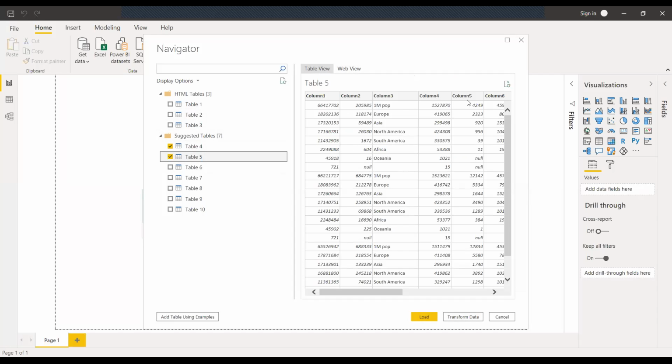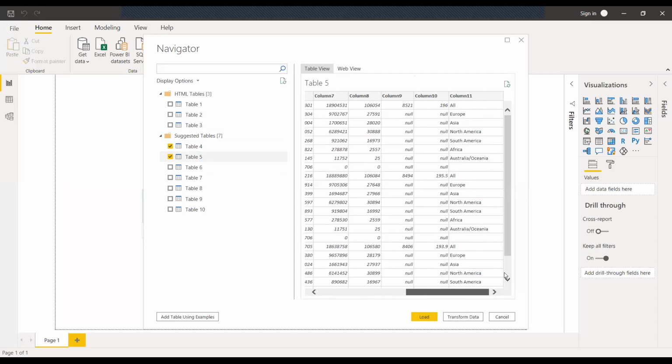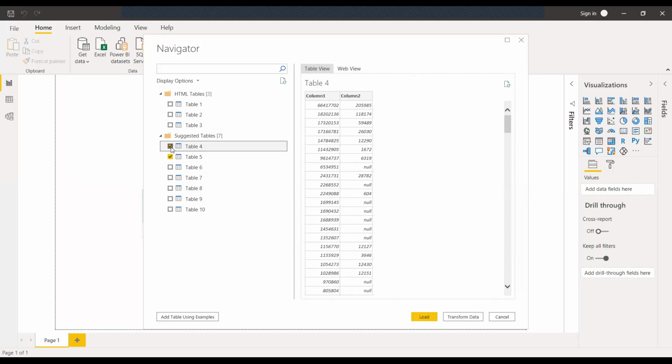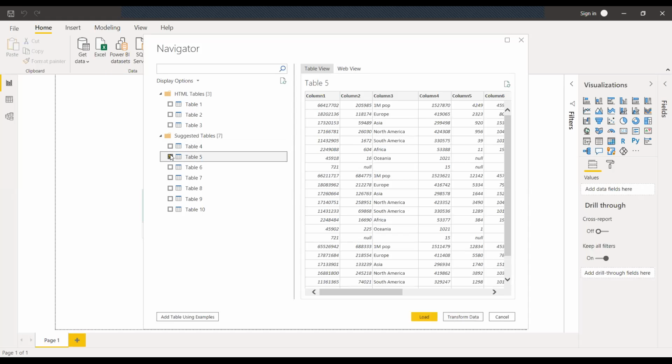Column 1, 2, 3, 4, 5. Is this the table? You can verify. I'm just verifying whether this is the relevant table or not.